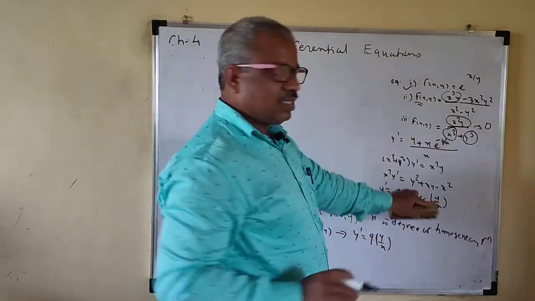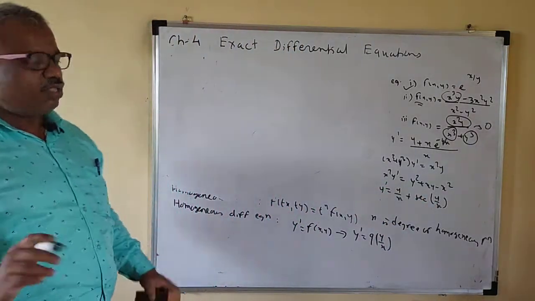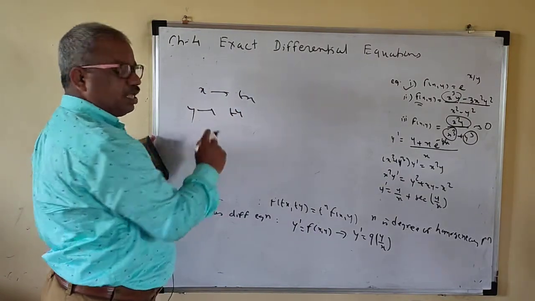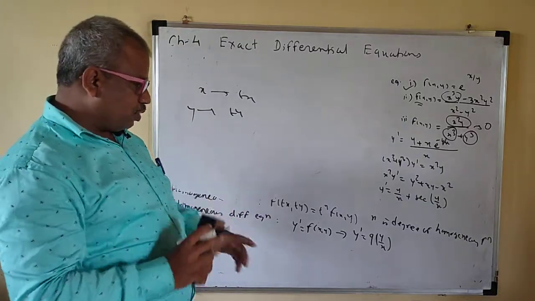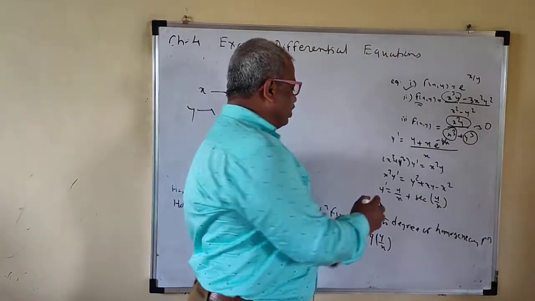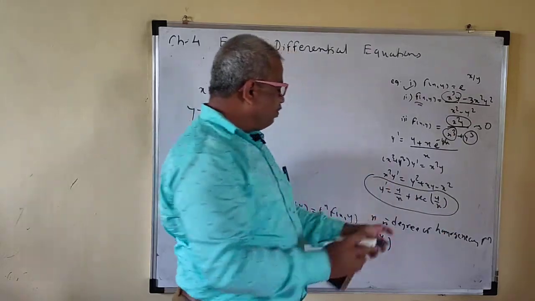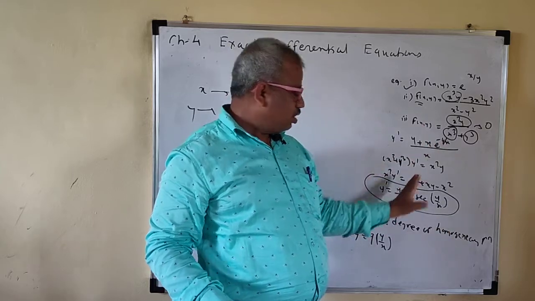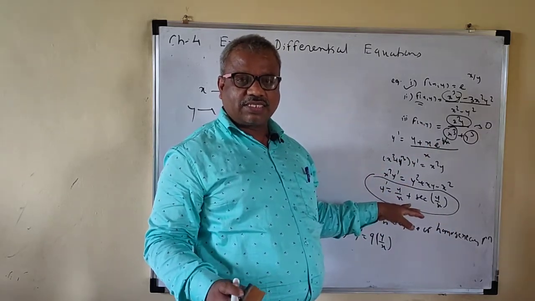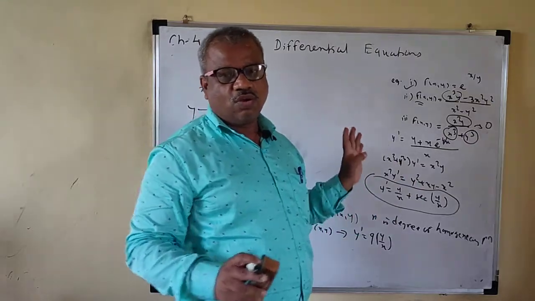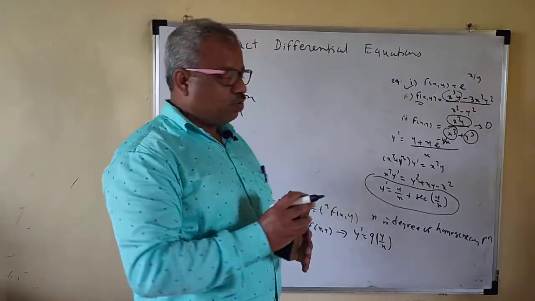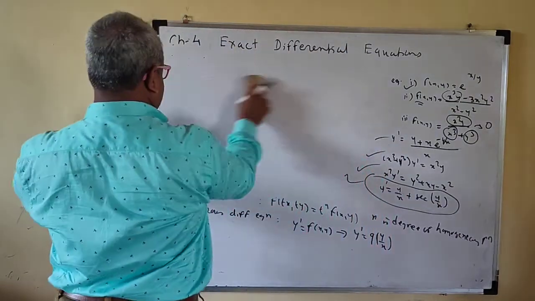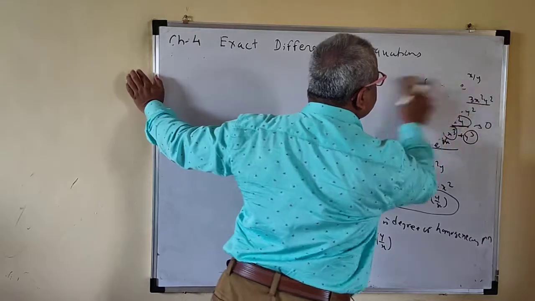Now, here sec of y by x, e raised to y by x is there. Then you have to put x as tx and y as ty, and see whether t is removed or not. So if you put it here, see, this is the example. This is y prime, so ty upon tx, t gets cancelled here. Sec of ty upon tx, t gets cancelled. So no t remains here. If you replace x as tx and y as ty, no t remains. So that means this is a homogeneous differential equation. I hope that you understand